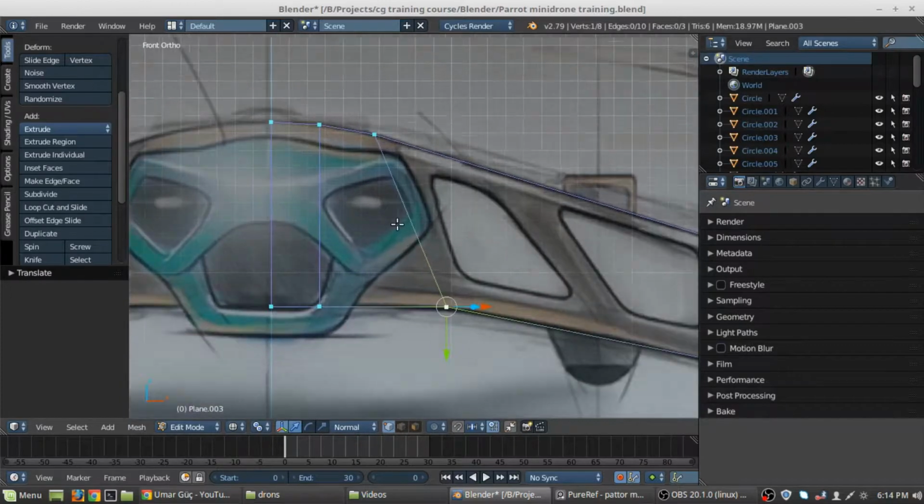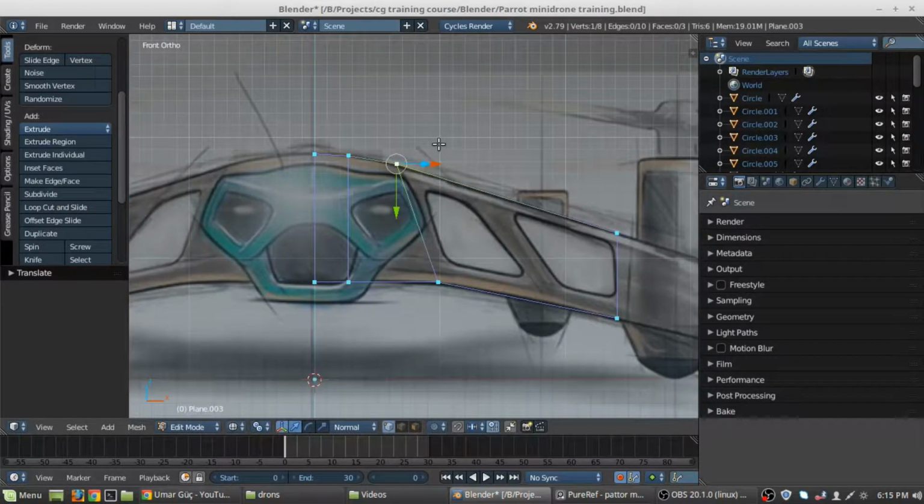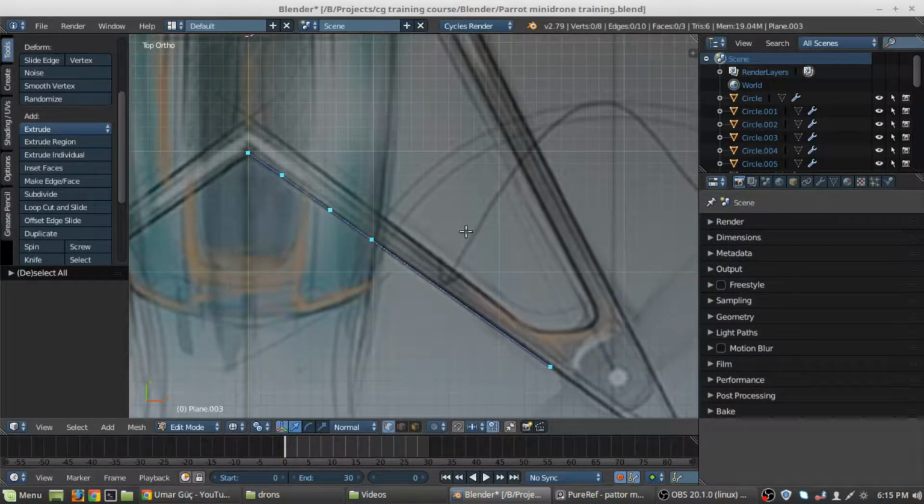So let's just move the other vertex as well and align it like that. Move it down a bit. It aligns perfectly. And now one more thing we can do right here, since we are in the normal transform